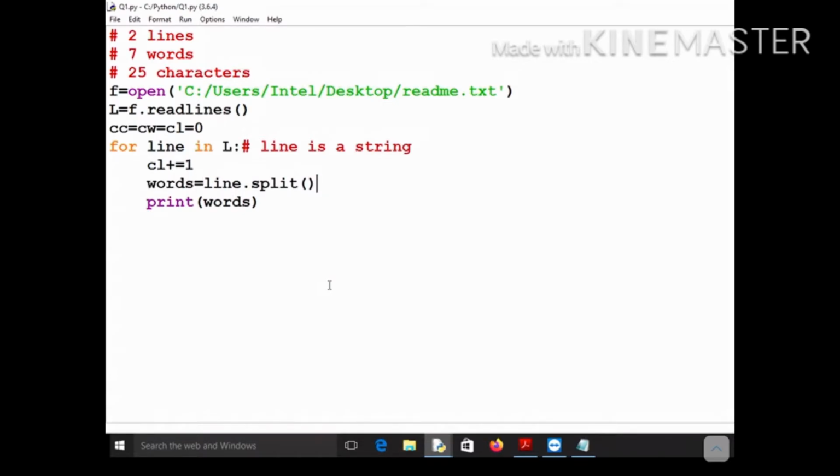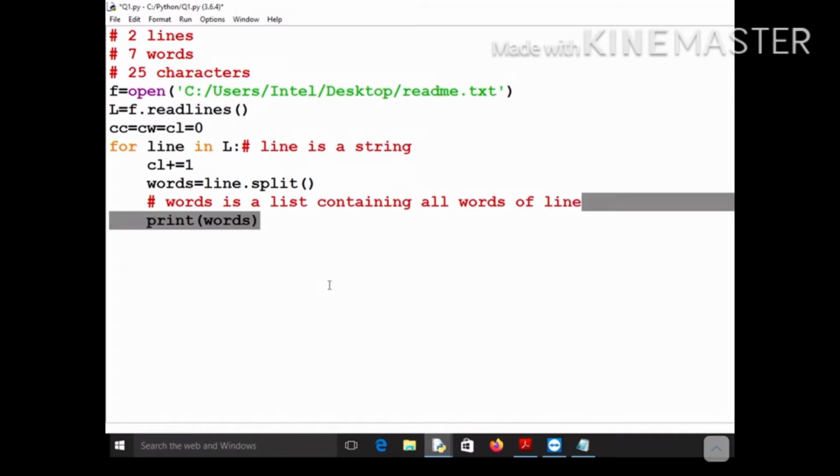So words is a list containing all words of line, where the line is this line of the text file.